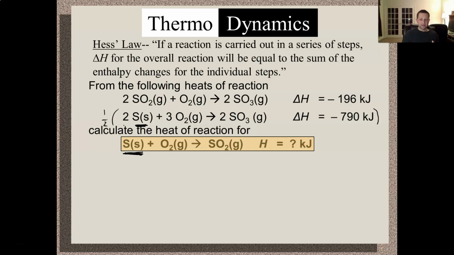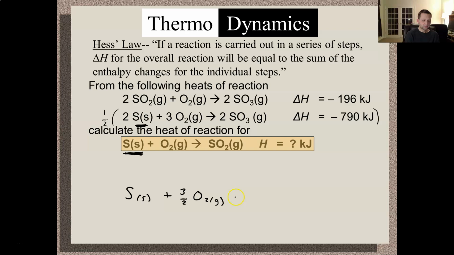So let me write that underneath here. I'm going to write it where the second equation would be. So I'll leave some space for the first equation above it because we haven't looked at that one yet. So I'm going to multiply my second equation by 1/2. And what I'll end up with is sulfur solid plus, now 3 times 1/2 is 3/2, or 1.5, O2